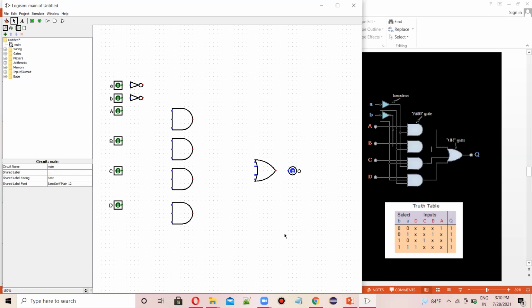Now, let's connect the wires. So you can see this clearly.